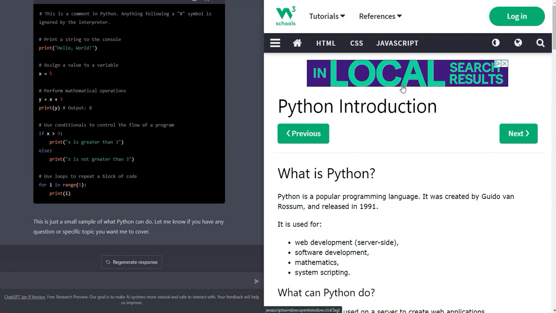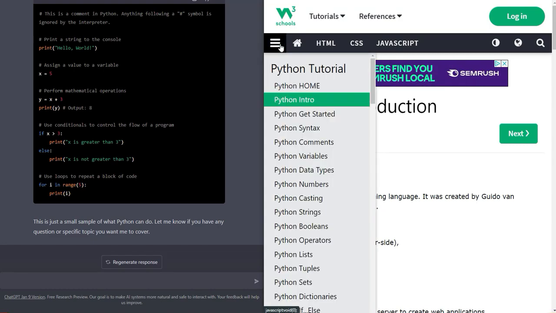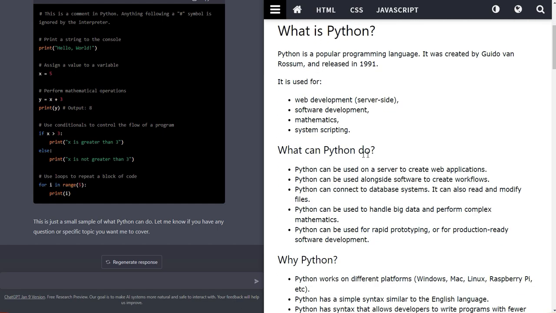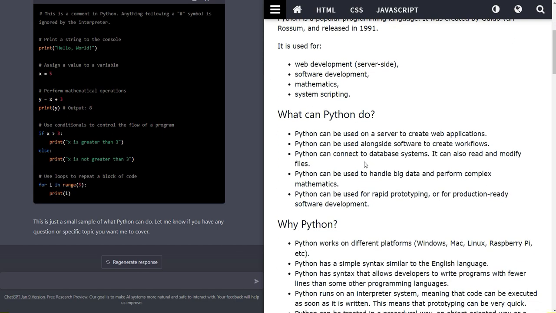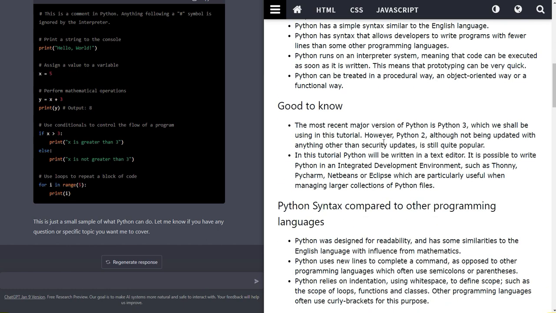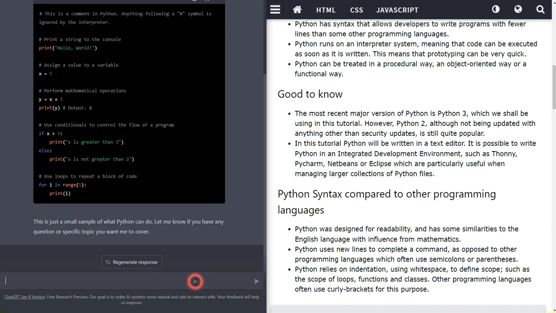Okay, so the first thing on our list here in W3 Schools is learning what Python is. It has some text overview. It says, hey, what can Python do? Why Python? Good things to read here. With that being said, we're going to use this as a tutor, so we're going to say,